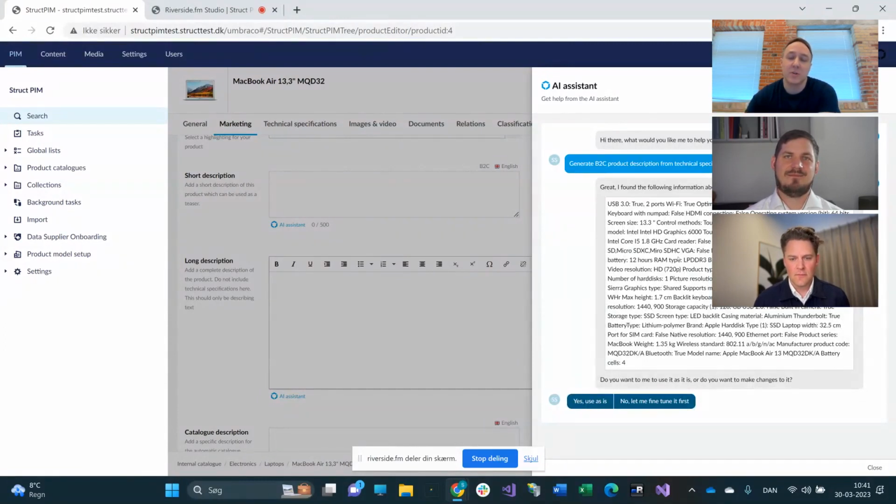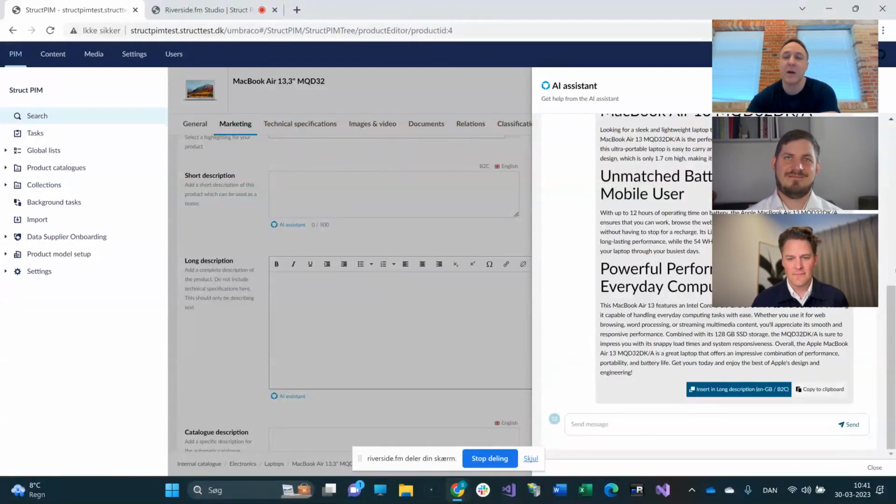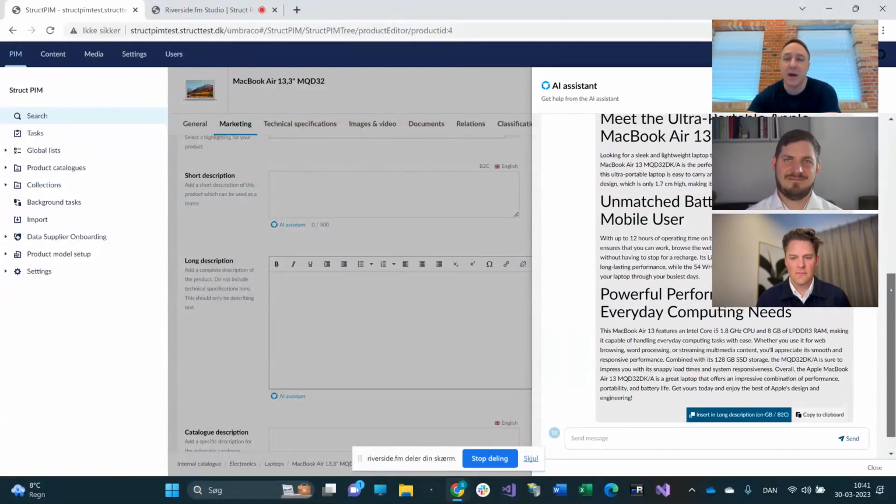And it then looks into the PIM system to find the information about the product. So it sees that we have all this technical information that we know about this product already. So I can choose to use this as it is, or I can choose to fine tune it if there's something I want to add to it, or there's something I want to remove. But for this case, we'll just choose that. We'll use the information we have in the PIM system as it is. And what happens now is that we're actually talking to ChatGPT to actually generate a product description for us based on the command that we saw before, so sort of the general tone of voice we want to have, and then the information that we see we have in the PIM system.